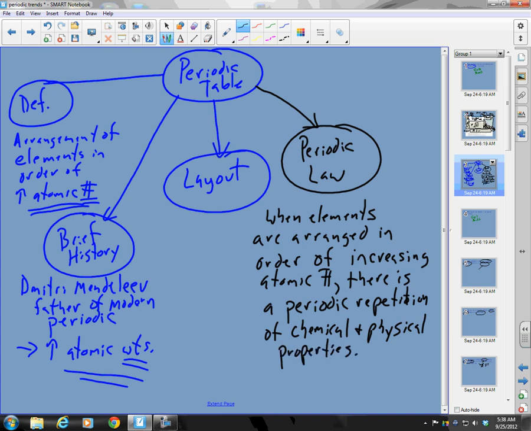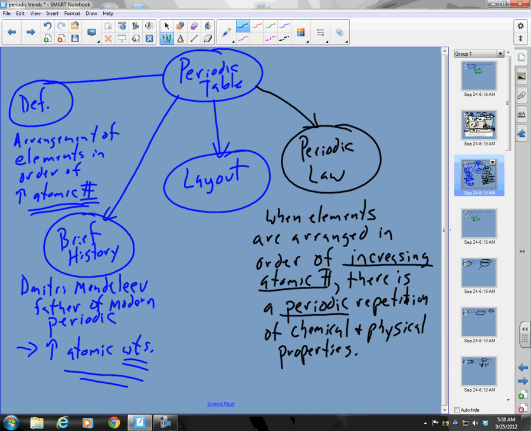So this is the periodic law. When elements are arranged in order of increasing atomic number, there's a periodic repetition of chemical and physical properties. What does that mean? What it means is when I arrange elements in increasing atomic number, like it is with the periodic table, there's a periodic meaning there is a cyclic nature to the chemical and physical properties,